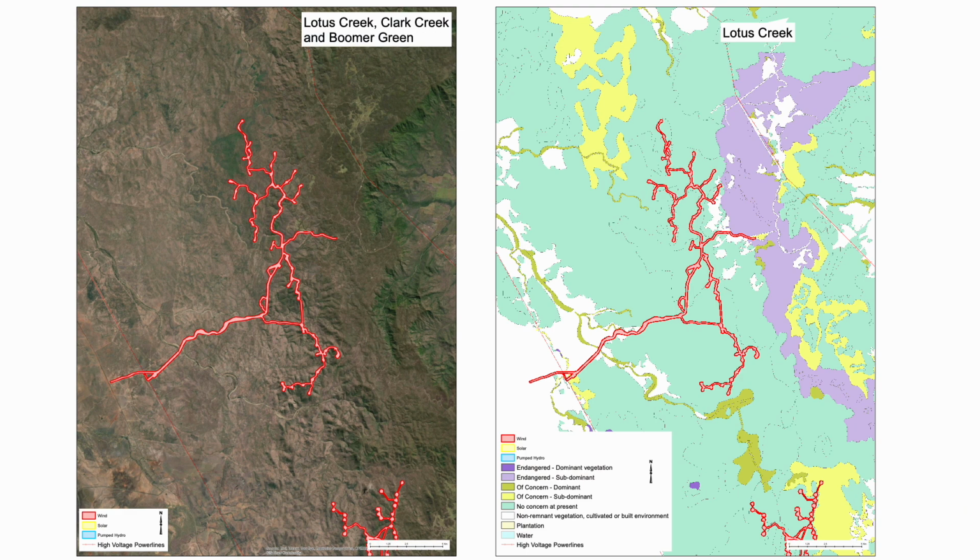This is the Lotus Creek Wind Farm, and this brings tears to my eyes. This should not be happening. This is bullshit. This is the best habitat for koalas left in Queensland. If you want to see koalas, head up there now and just park your vehicle on the dirt road there